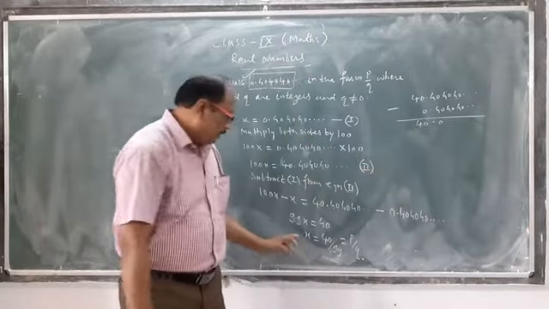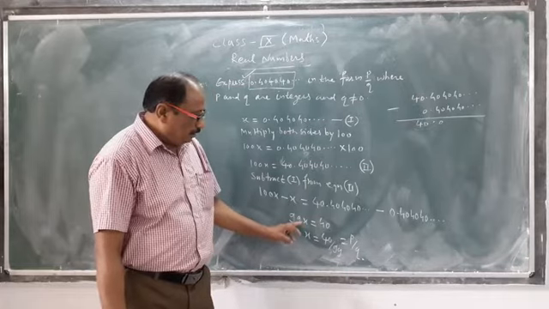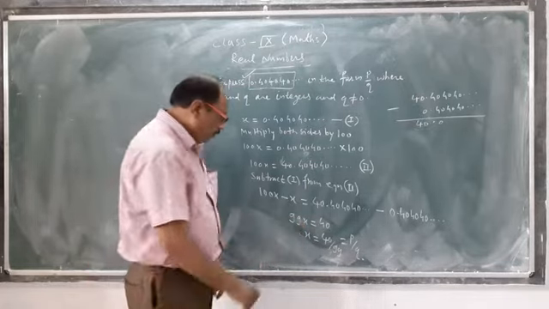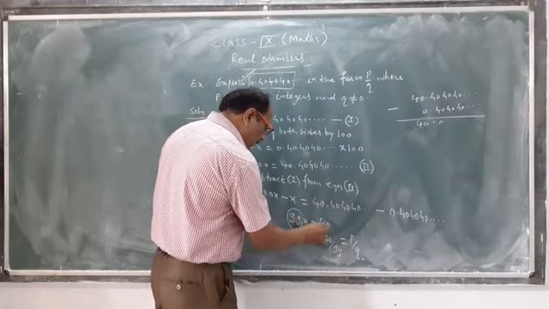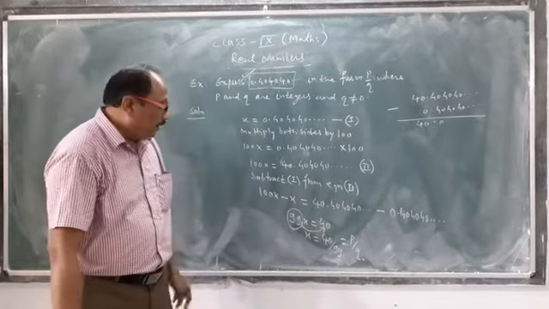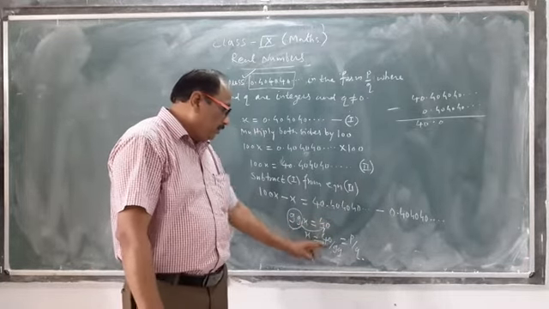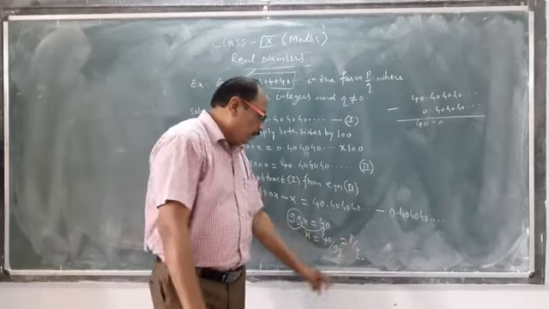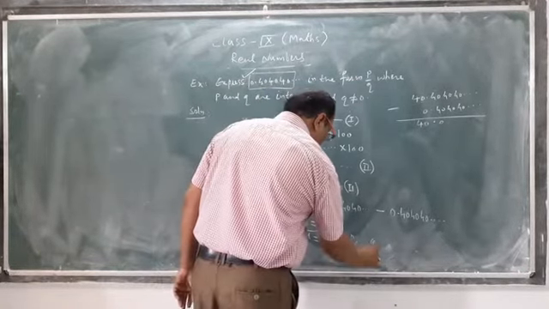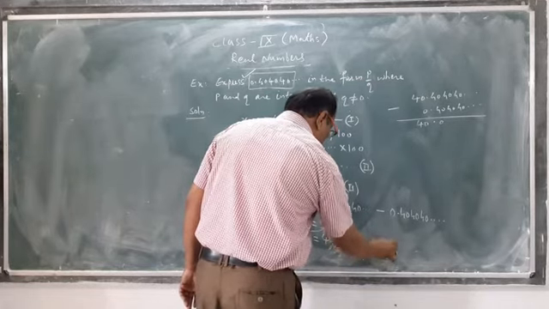The subtraction gives 40. Here 99x is equal to 40. Means 99 is multiplied with x, therefore 99 will go to the right hand side in the denominator. Means x is equal to 40 upon 99. That is p upon q. What is q? q is strictly not equal to 0.